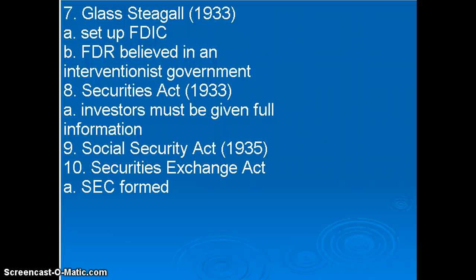If, on the other hand, you had $1 million in the bank, you only get $250,000 back, because that is the maximum they insure up to. So you can get up to $250,000 back, and the whole point of this was to restore faith in the federal banking system.